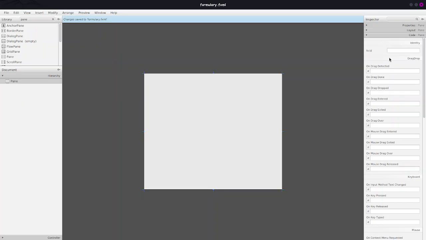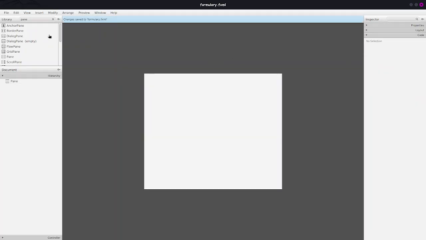So for example, I'll put a name from its fx:id on the pane. I'll put a label, a title,